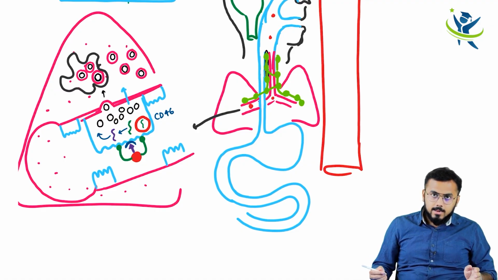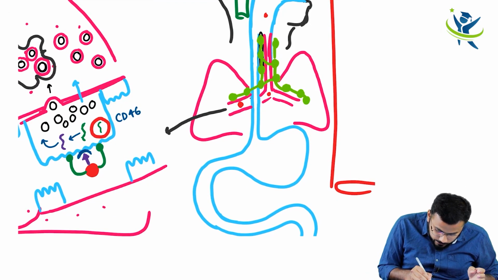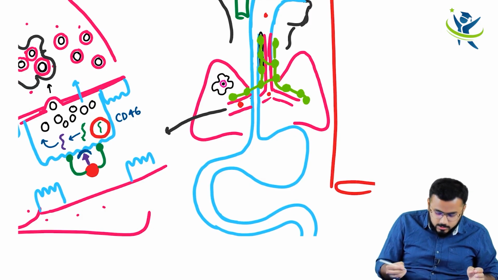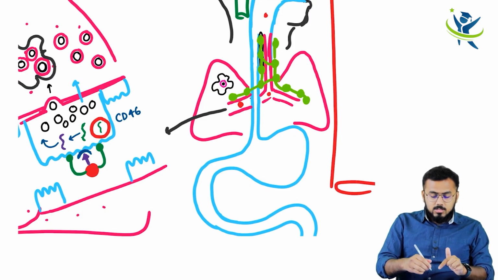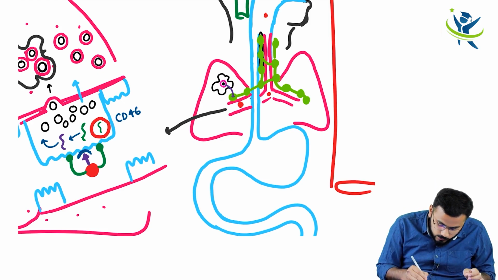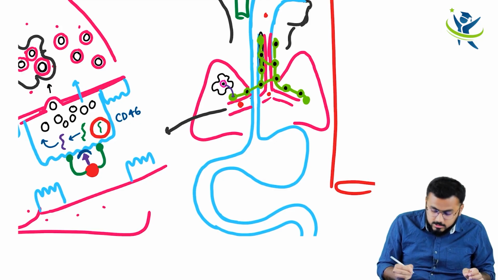So where is the virus particle now? Tell me guys, look at this picture. I'm zooming this picture. Where is the virus particle? This is your alveolar macrophage, right? So this is the virus particle, and surrounding your virus particle you have got the lipid membrane like this. Now this virus particle very nicely enters into your what? Lymph nodes. Within your lymph nodes also I am putting a dot which represents the virus particle. So the first place from the lungs where the virus particle goes is to your lymph nodes.